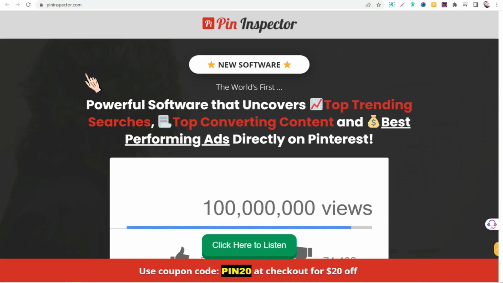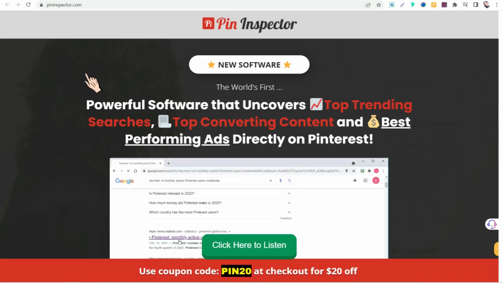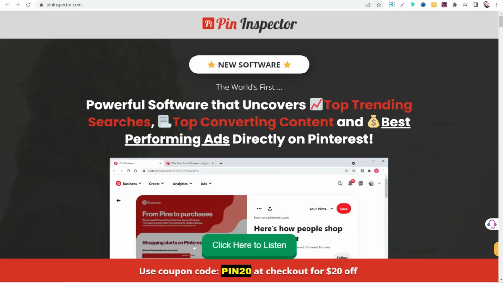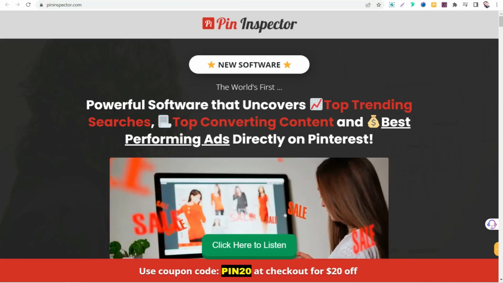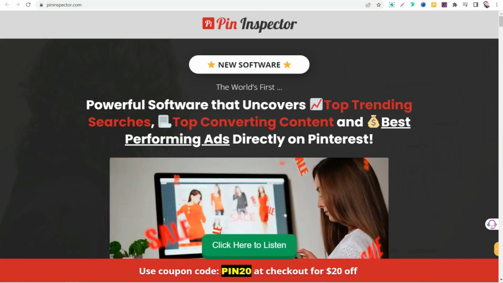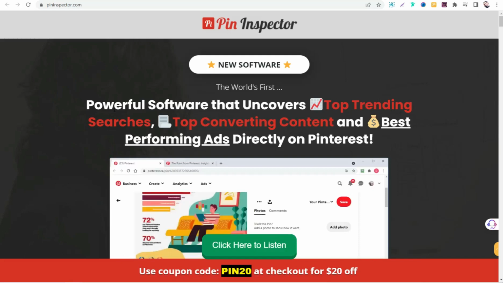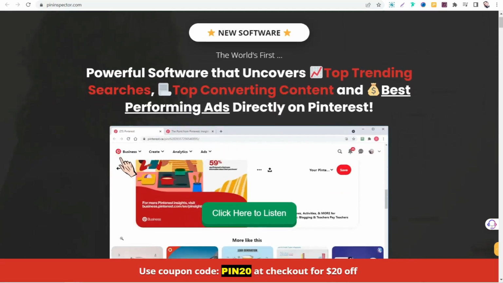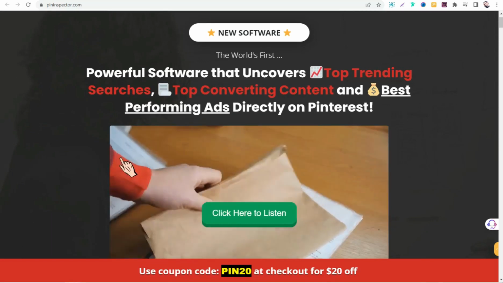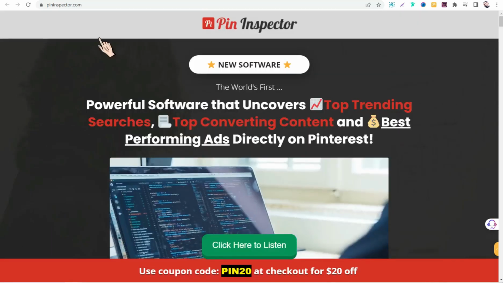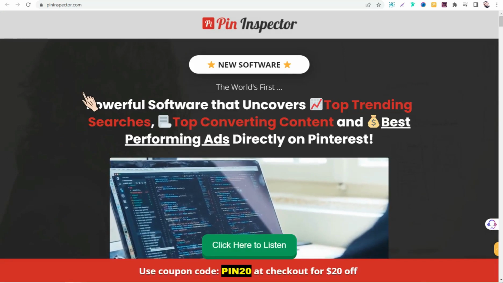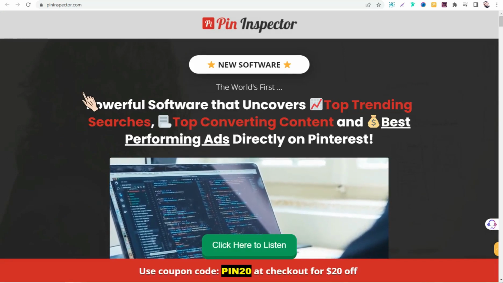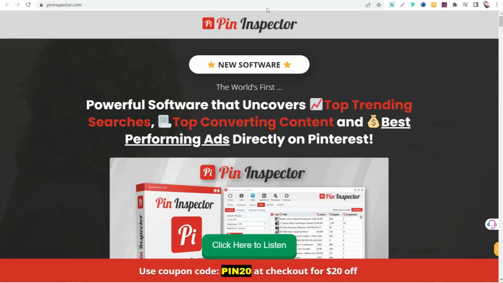PinInspector.com. PinInspector.com, one of the most powerful Pinterest research tools. It enables you to dig more in depth to find a lot of target keywords, hashtags, niches, and so on, and get a lot of stats and metrics regarding any pin or any board on Pinterest. And honestly, this amazing tool is a software that you can download in your device, and of course it is not free. And the next tool quickly, that is